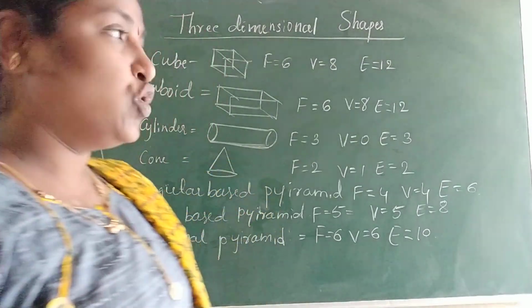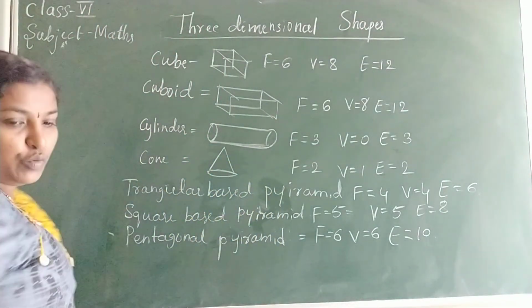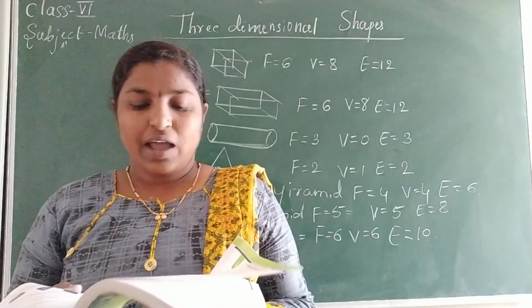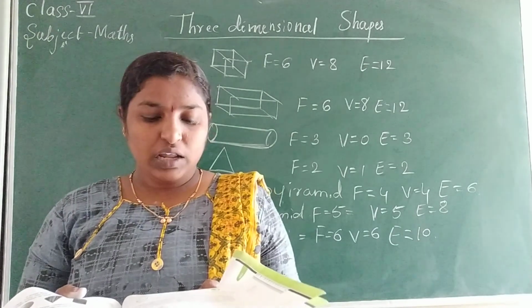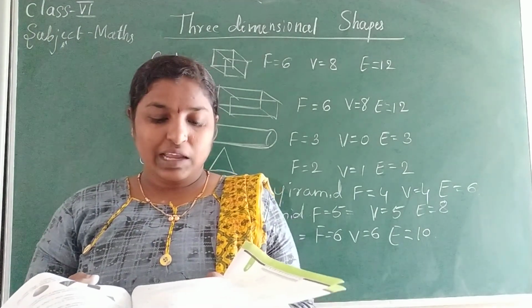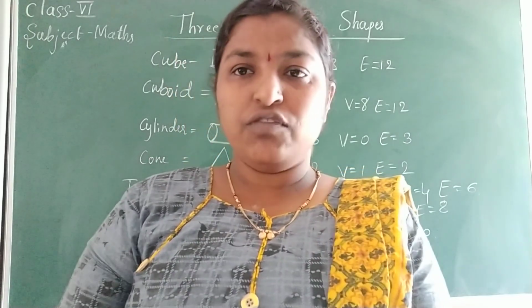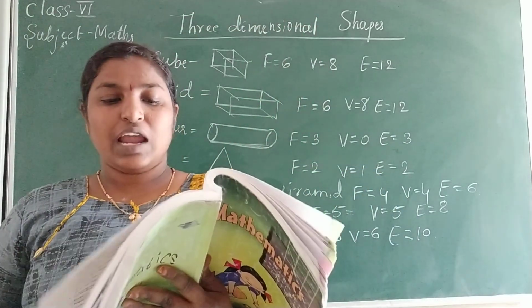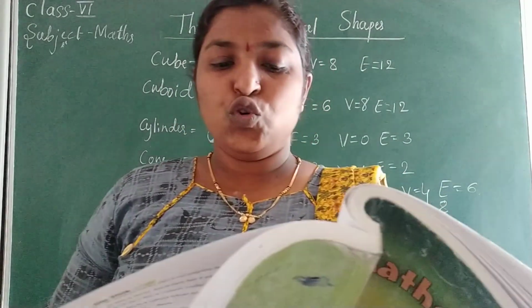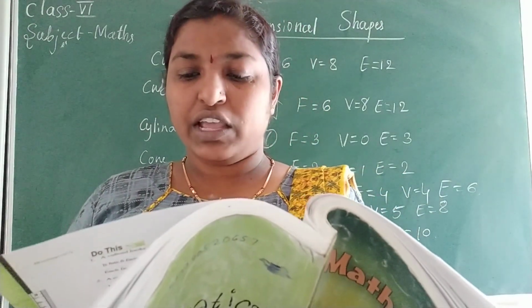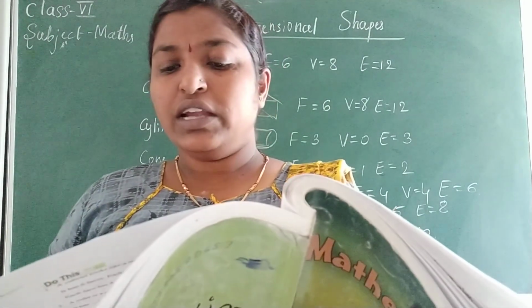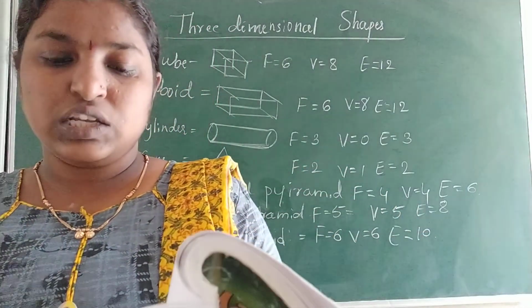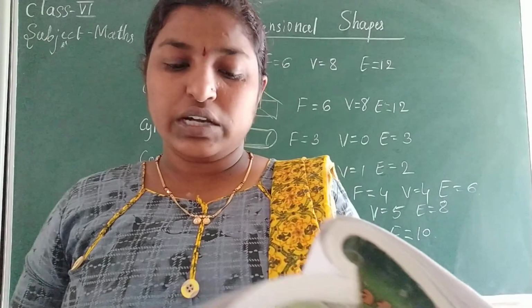All these things I have shown. Let's come to the textbook. 3-dimensional shapes: the ball is a sphere. The ice cream is in the form of a cone. This can is a cylinder. The box is a cuboid. The playing die is a cube. This is the shape of a pyramid. Faces, edges and vertices. Each side of a cube is a flat surface called a flat face. Two faces meet at a line segment called an edge. Three edges meet at a point called a vertex. They have shown what is a face, what is an edge, what is a vertex.